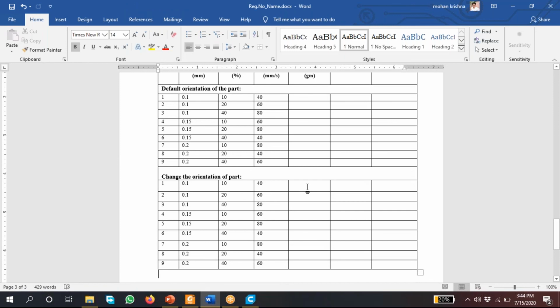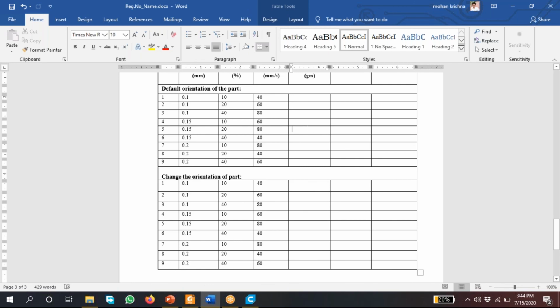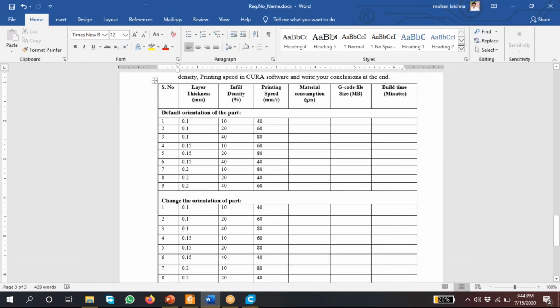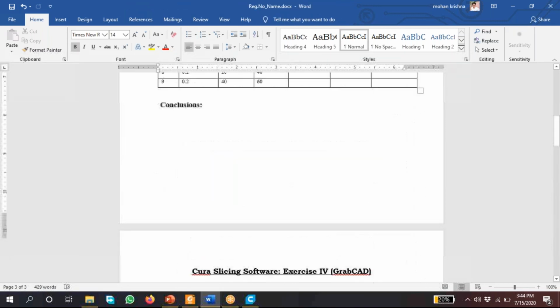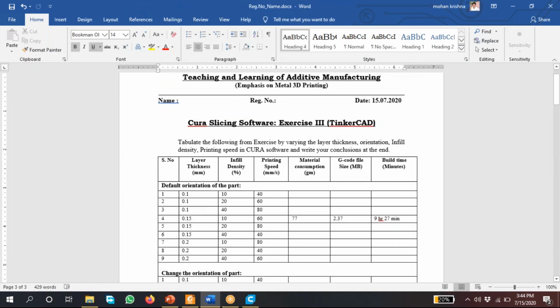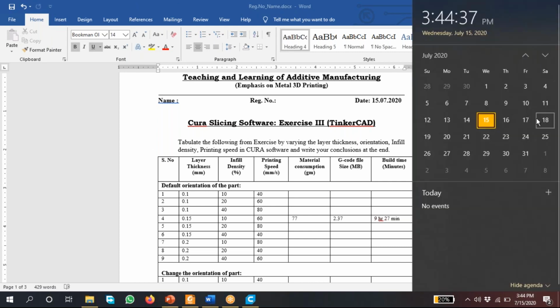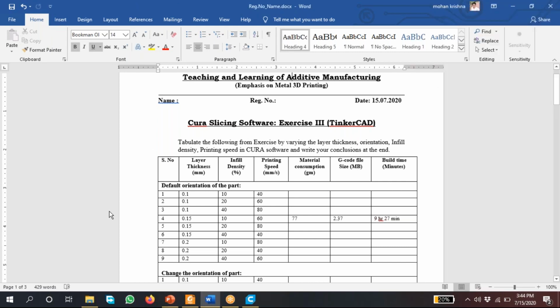Yes, you need to fill these blanks. But it takes a lot of time, right? That's why we have given up to 18, sir. Up to 18 Saturday. No need to submit tomorrow or something.